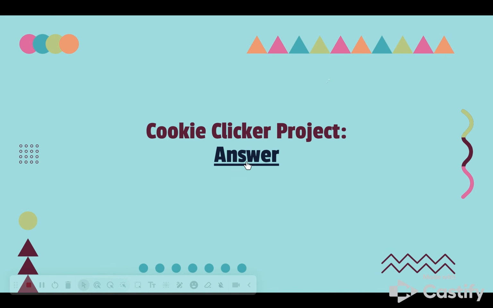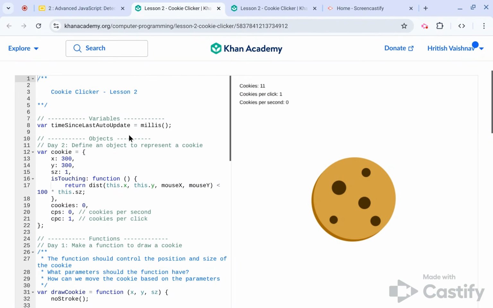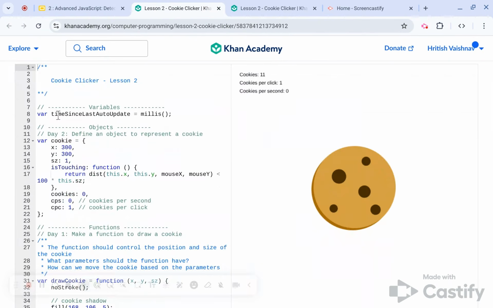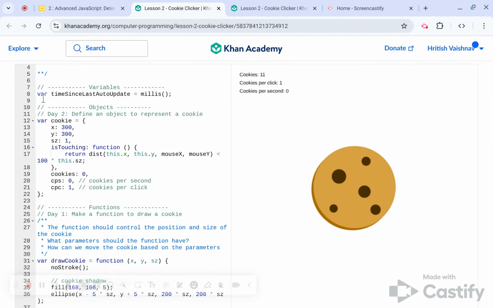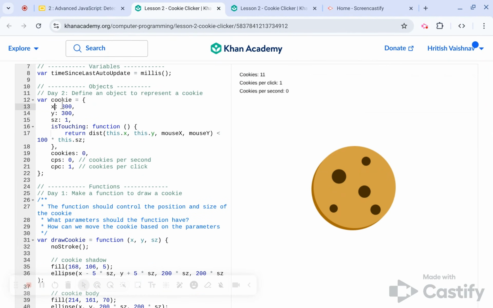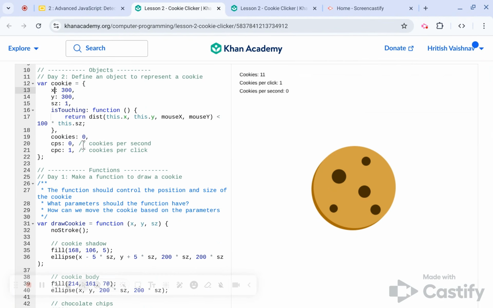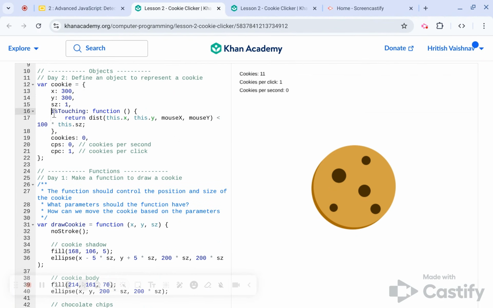Now we can look at the answer. Now you can see the code here. I can run through the code. So you can see we have created the millisecond function on line 8. Then we are creating objects with properties for the cookie. So you can see X, Y, this is where it's positioned. You have the size, which is given a number 1. Now isTouching, that function is also within the object,